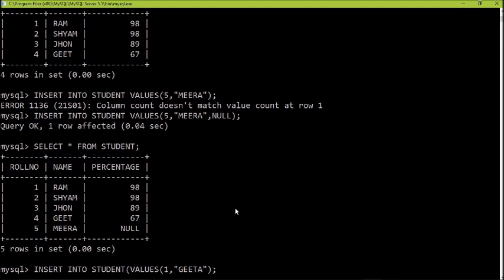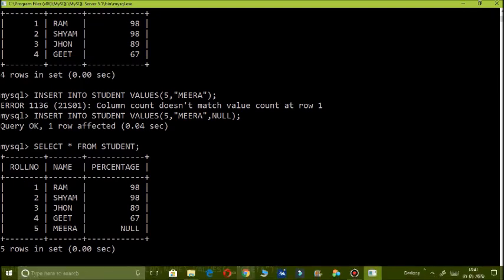the field name roll number, comma, and the second value should go in name. Fine. Now it will be fine. Roll number will have one value. Actually I must change the roll number also because she is a new student. Her roll number would be 6.